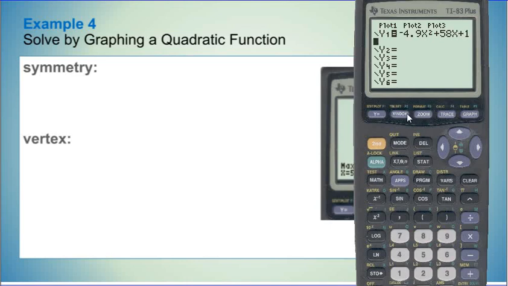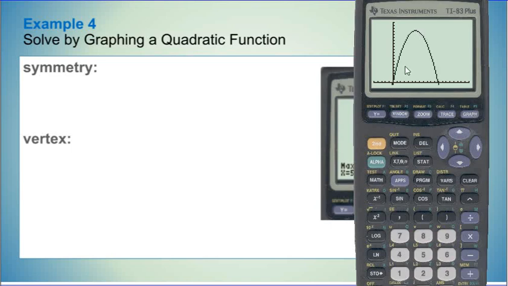I'm going to change my window settings again. We had 0 to 20, counting by ones. Y maximum was 200, and I need to change the minimum to -5 as well. Count by tens. Now if we hit graph,